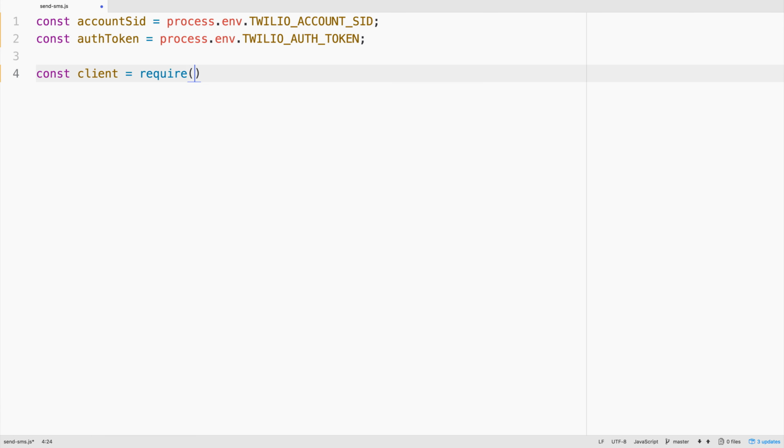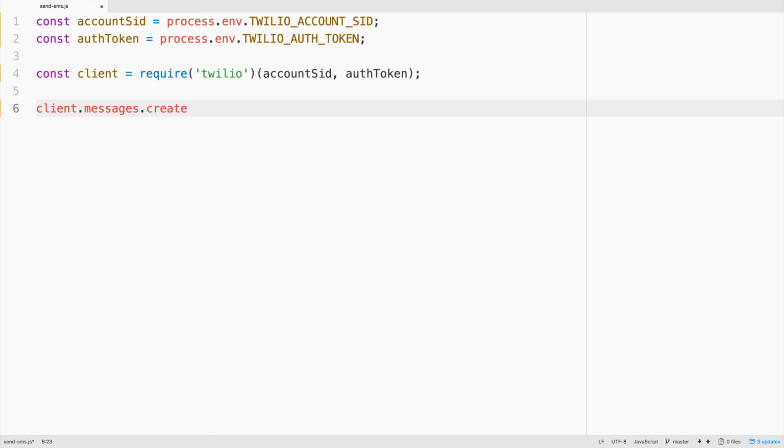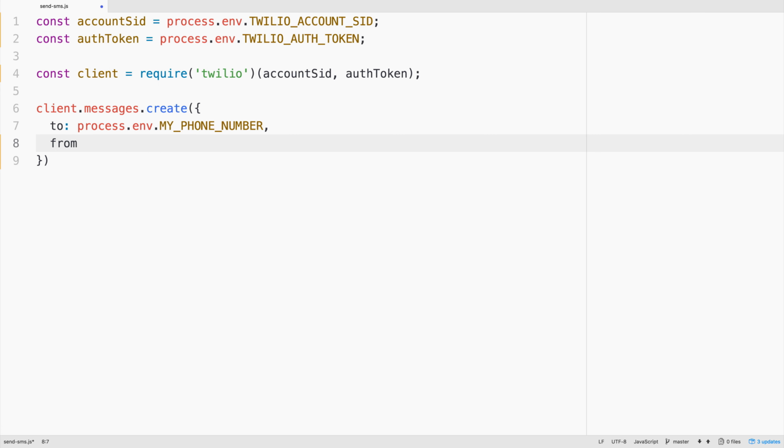Then we'll use those credentials to create a Twilio REST client. Next, we'll use the client to create a message. We'll send it to a cell phone number, which will look like this in Twilio, but I've got mine stored in an environment variable, so we'll send it to my phone number. We'll send it from the phone number that we purchased in the Twilio console earlier,